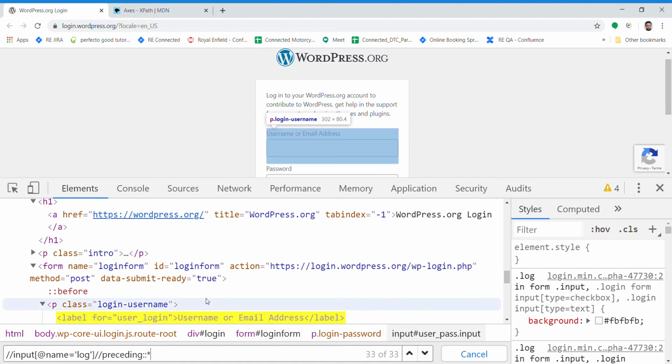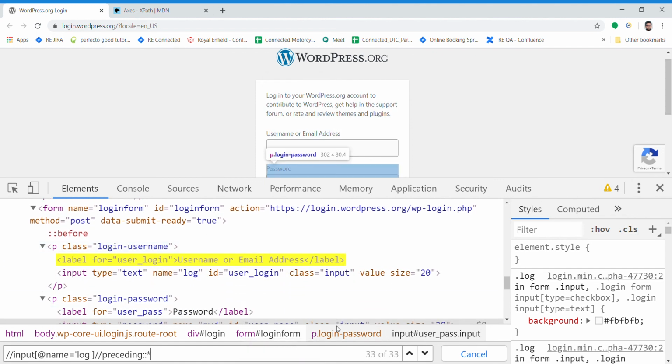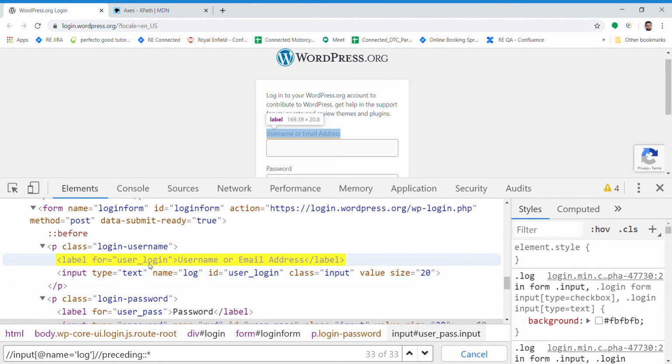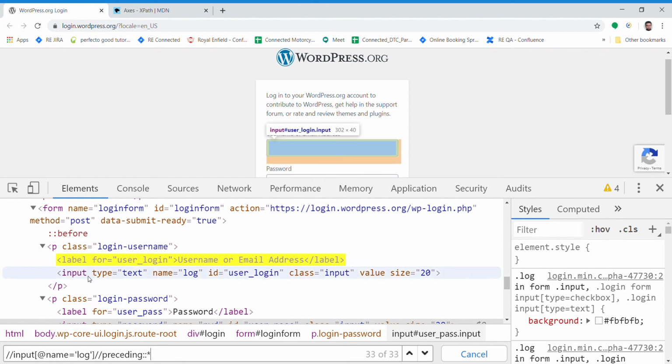Right? This is the last. We are on the 33rd, so this is the last one. See, we started from this, we went to this, we went to the root node, and then we come back to here. Okay, so if you want to find any specific preceding element, not just a sibling but any nodes before it, we are going to use that.